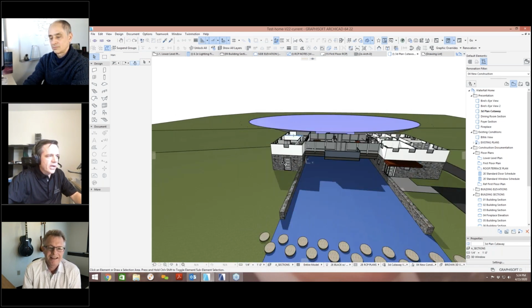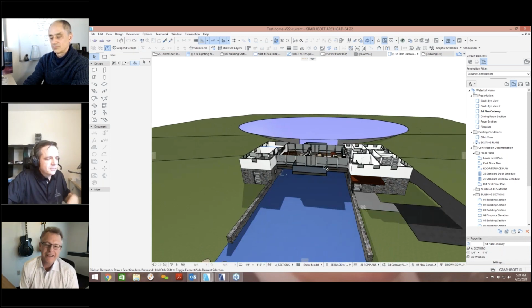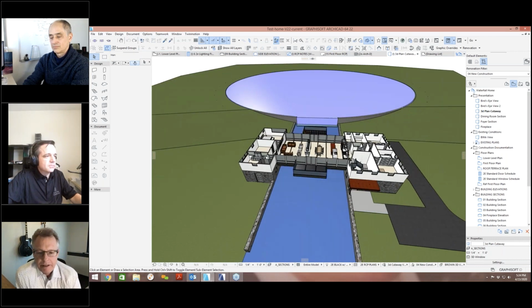This room over here, we had no access to in plan. Other than the boat, right? Other than the boat. So. Yeah, so it just kind of made me laugh a little bit, and so in any case, but you can see